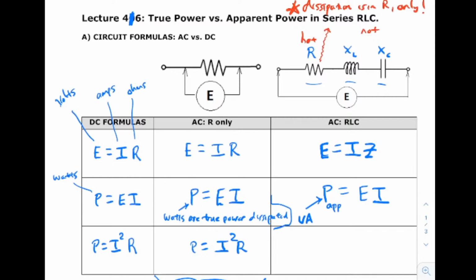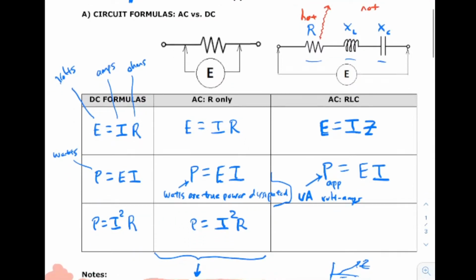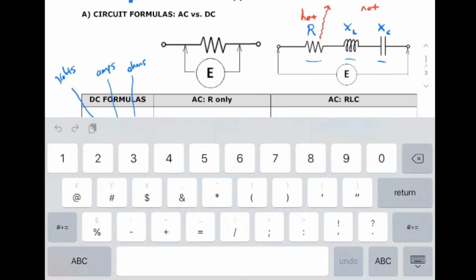And that's what they call them, volt amps. Apparent power is called volt amps. And again, it's going to be a bigger number. This is always going to be a bigger number than the true power. As far as this formula goes,